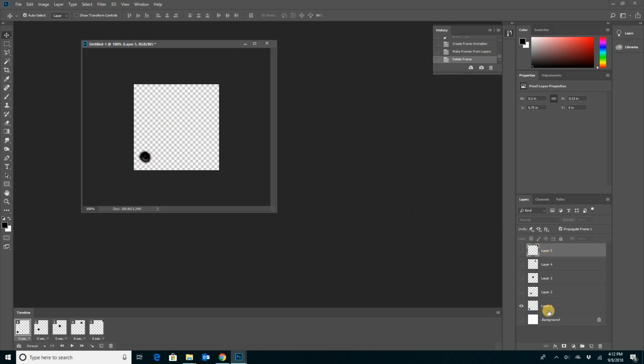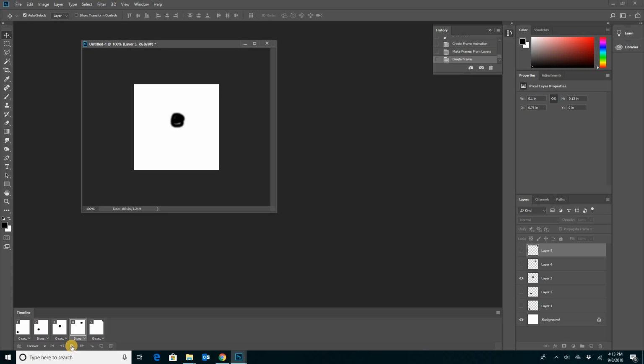So I'm going to come back to my layers, and I'm going to click on the eyeball there so it shows up. Now I go to the second one. I see it's the same problem. Layer 2 is showing, but the background's not, so I click on it. Now if I want to speed up the process, I could click on layer 3, hold down the Shift key, go to layer 5, and then I can turn them all on at one time. That makes it a lot easier. Now when I play my video,